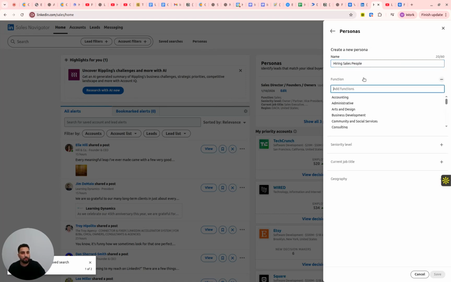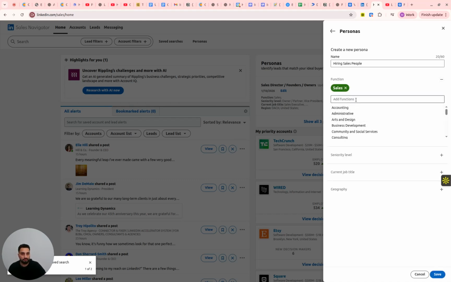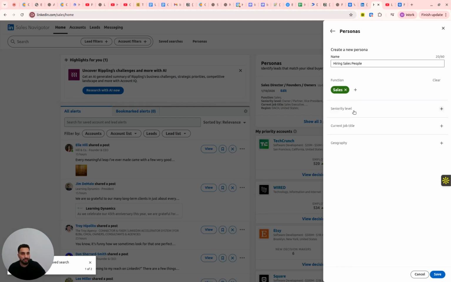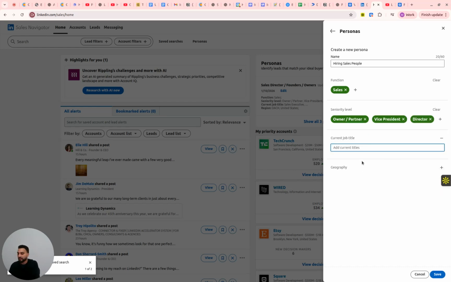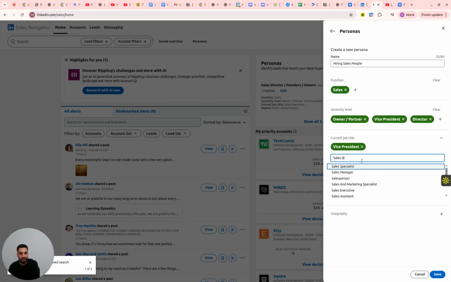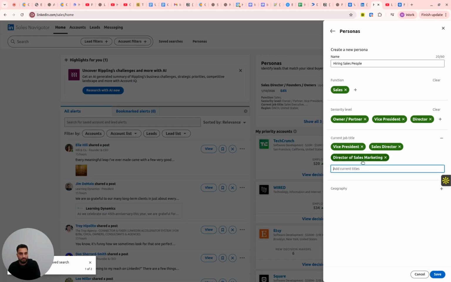and then we will go to functions. We will say sales, and we go to the seniority level. Who are these people that we are targeting? Owner, partner, vice president, director. And what are their current job titles? So we can say vice president and sales director, director of sales. So we just want to make sure that we cover all the people who are